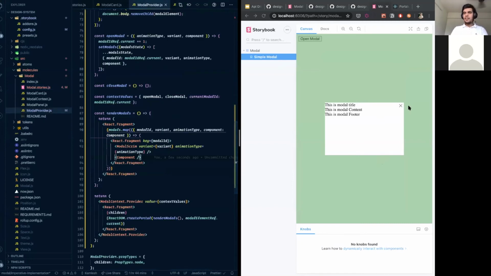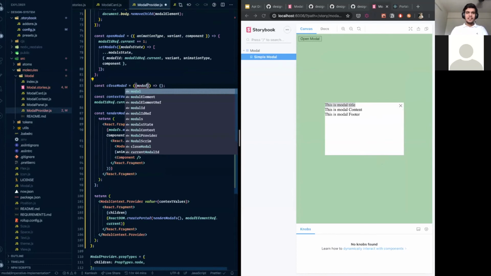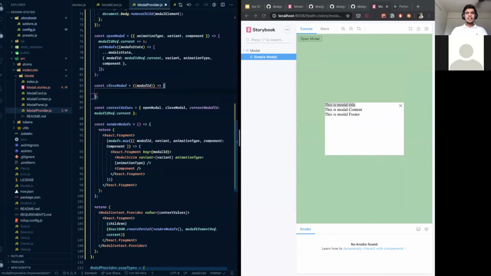So now the problem is we need to close this model, right? But right now the close functionality is not working. So let's make the close thing work. The close is like the easiest of all. It will accept a model ID, and then you say close model ID. Now I want to provide an ease of closing the model. If you provide the model ID, I will close that model ID from the stack. Or if you don't provide it, it's presumed that you want to close the modal which is at the top of the stack.